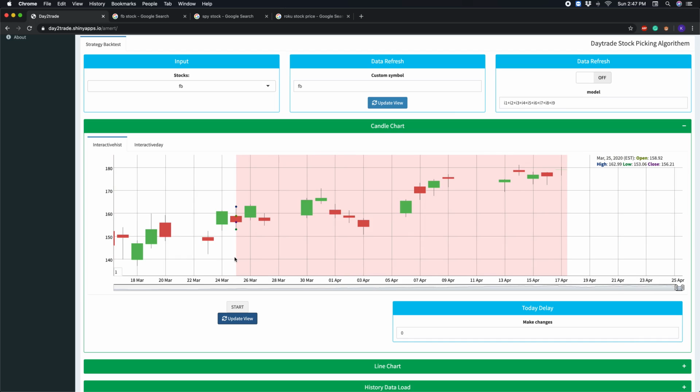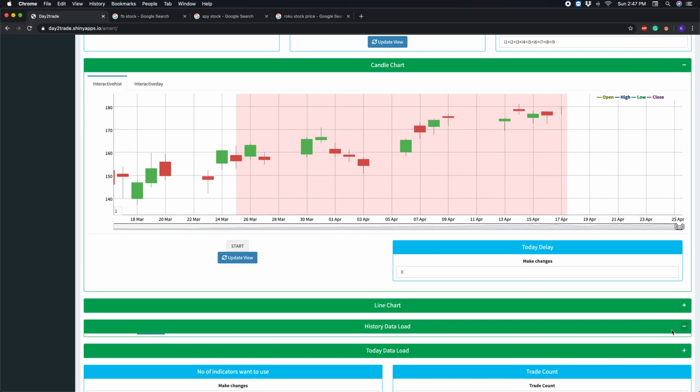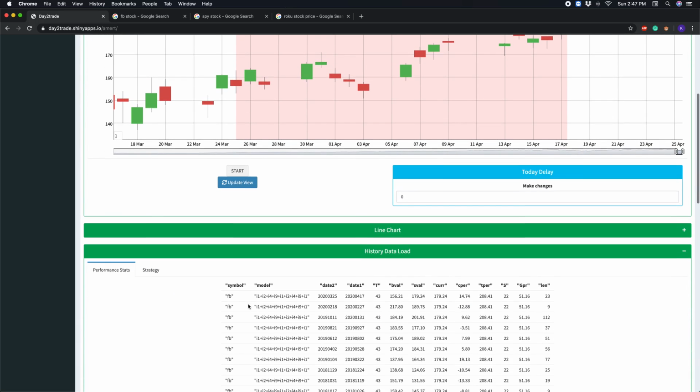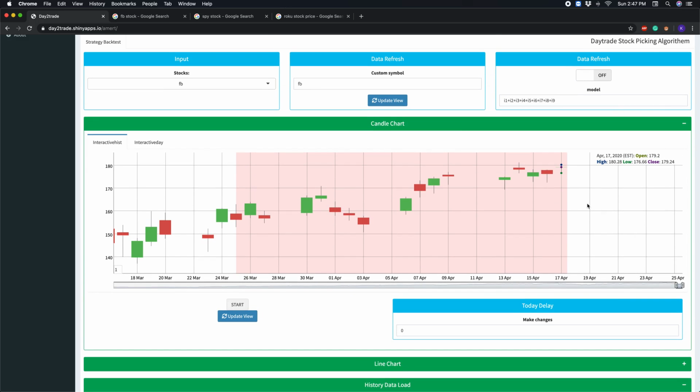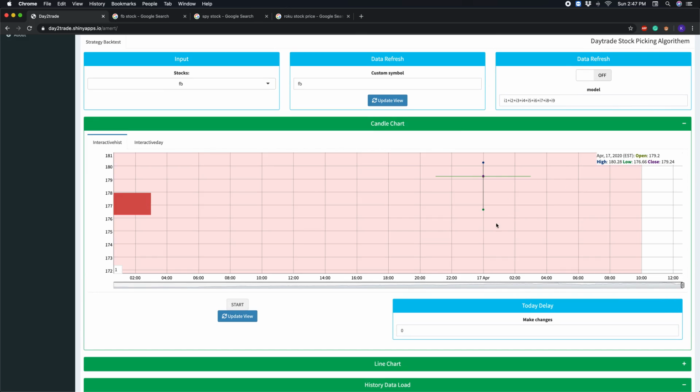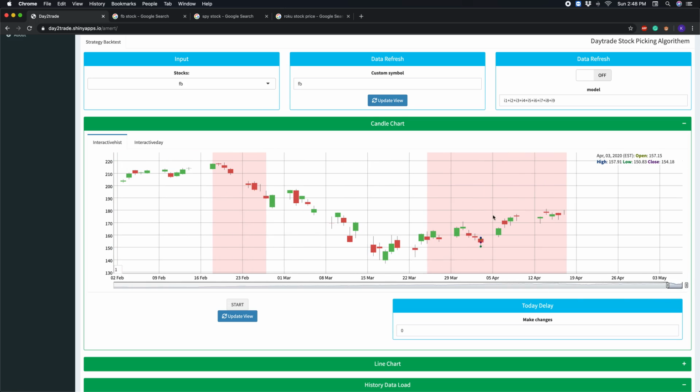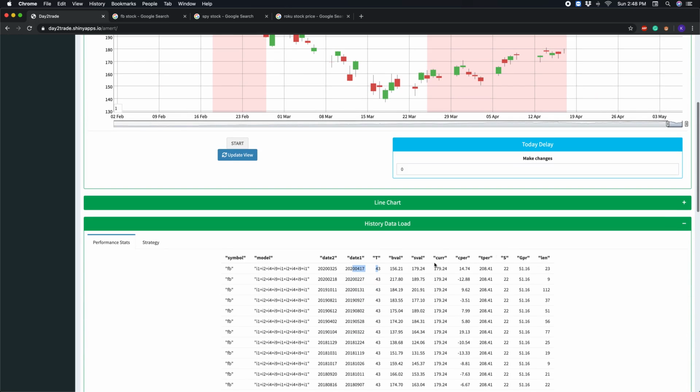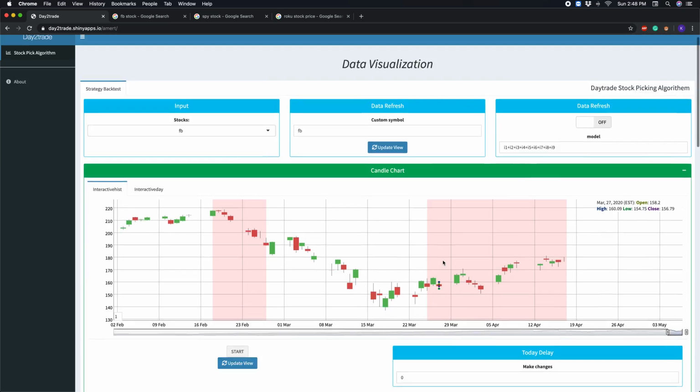See the latest stock. I think we discussed last time 4 days back, and today also we are in the trade. We start the trade at, you can see the performance stats using this tab. So currently we trade at 325 and we are still in the trade. And because the trade is not ended here, if you can see April 17th, it is after the 17th, right? If you don't follow me, please watch my first video so that you will understand what I'm talking about. So right now we are still in the trade and the performance is so far at 14.74%. Okay, this is about the history of Facebook.